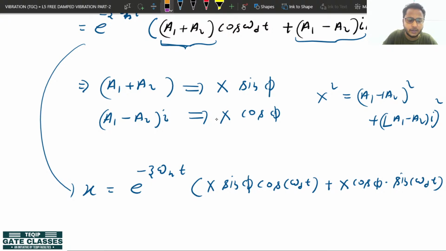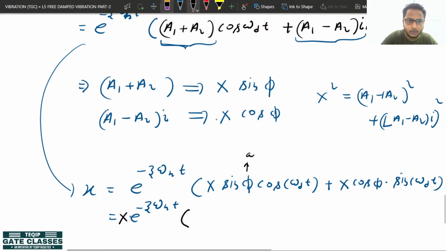Can we simplify it as a formula for sine of a plus b? Can you see this? Can we convert this into sine a plus b? x will be common, we will take x outside. Okay, what will remain inside? We know that sine a plus b, this we can say that